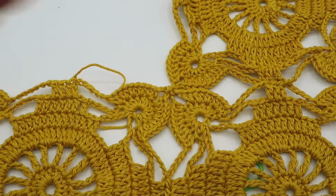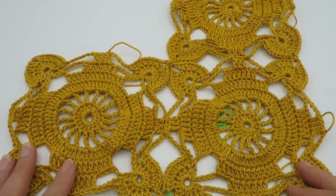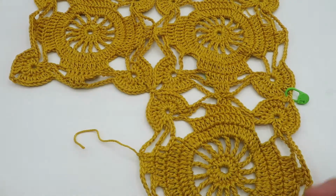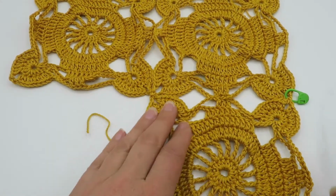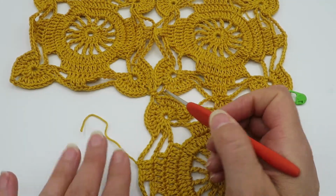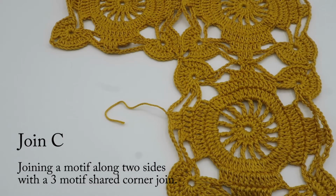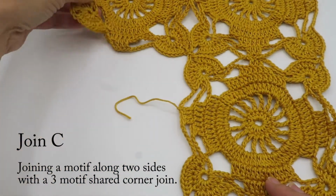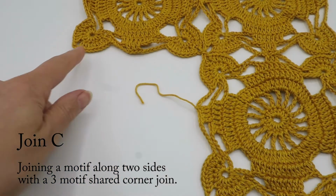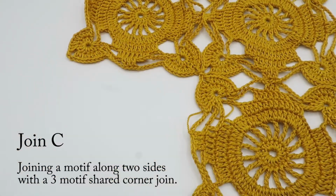And here you can see, I don't think the camera zooms out far enough, but you get the general idea. So we were there, and now we've added this bit on there. And as I said, this join is basically the same as the one we just did before. It's just that you're joining onto a bit where there's already a join. So this last join, I've just called it C join, just for the sake of the instructions. So this join, you're joining two sides, and then you're also joining in a spot where there's already 3 motifs. So it's more or less the same principle,